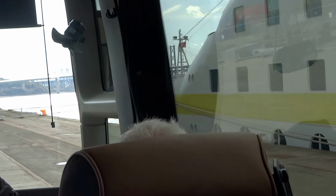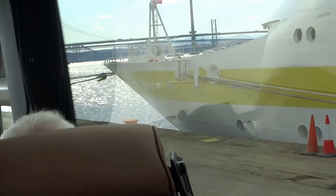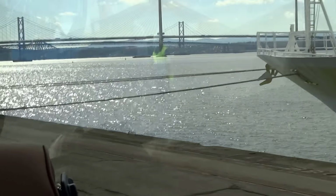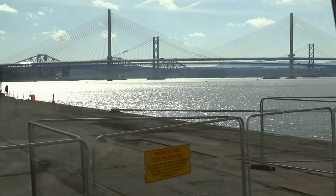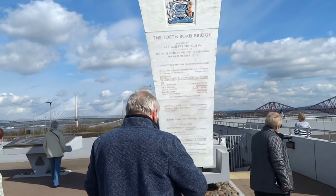Quite an impressive sight. And if you look to your ahead and to your right as we come round here, you will see another impressive sight, the three bridges spanning the River Forth here at South Queensferry. And we're going to be crossing over these, and the first stopping point we're going to have, just to take in the view, is there is